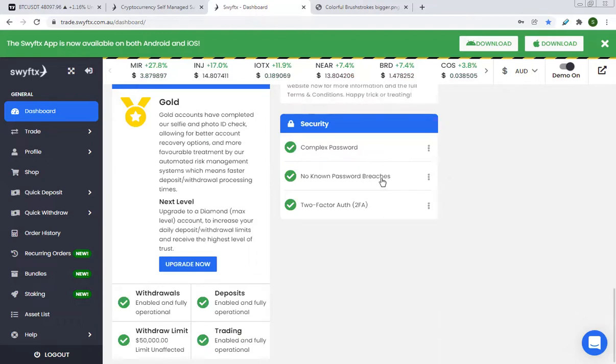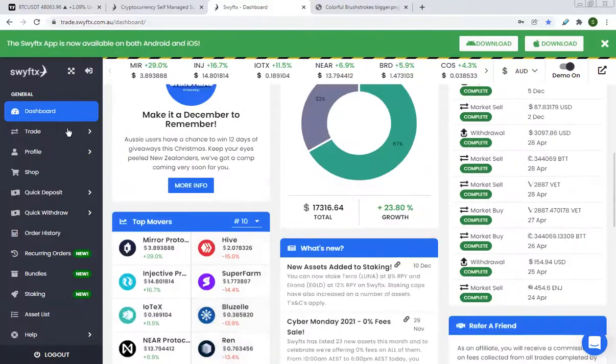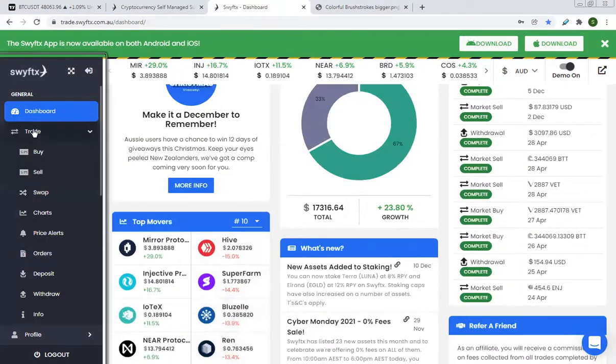Password breaches, two-factor authentication, that's all your security. Now down here, withdrawals, deposits, withdrawal limit of $50,000 per day. If you could withdraw $50,000 a day, then you're doing pretty well. So trading enabled and fully operational. That's it. So if we go to trade,